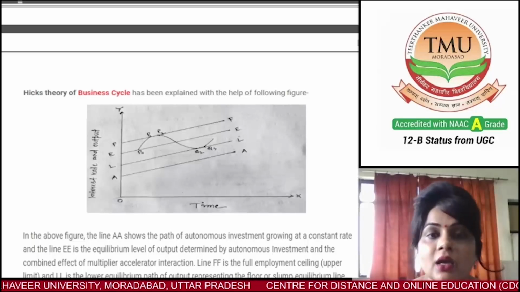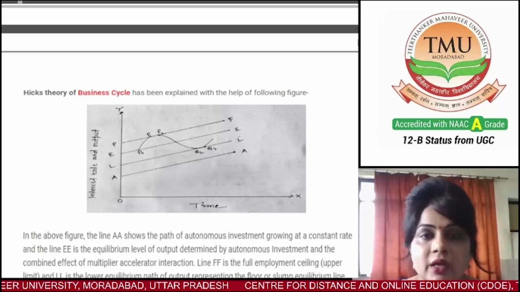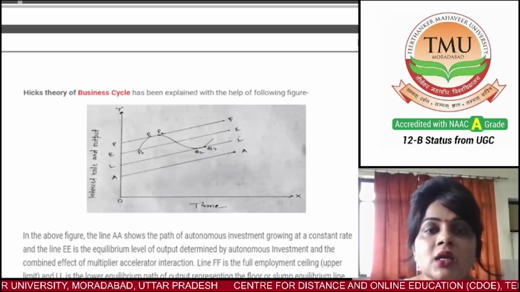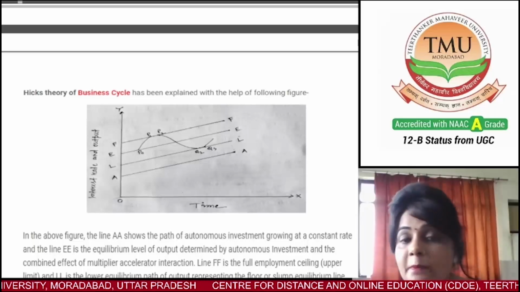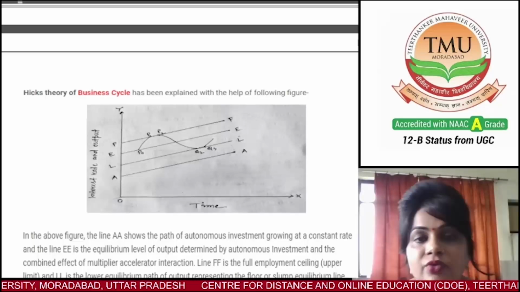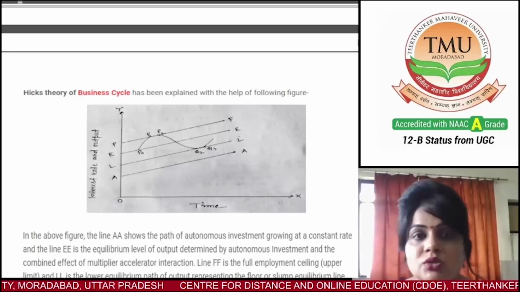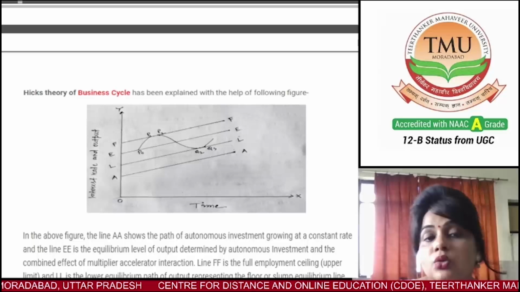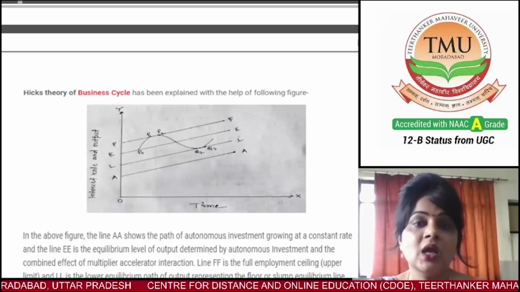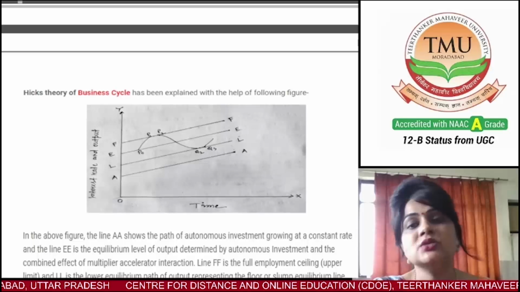And FF is the ceiling line, the full employment ceiling. It is a line that shows the maximum national output at any period of time when all available resources of the economy are fully employed, given the constant growth of autonomous investment, the magnitude of the multiplier, and the induced investment